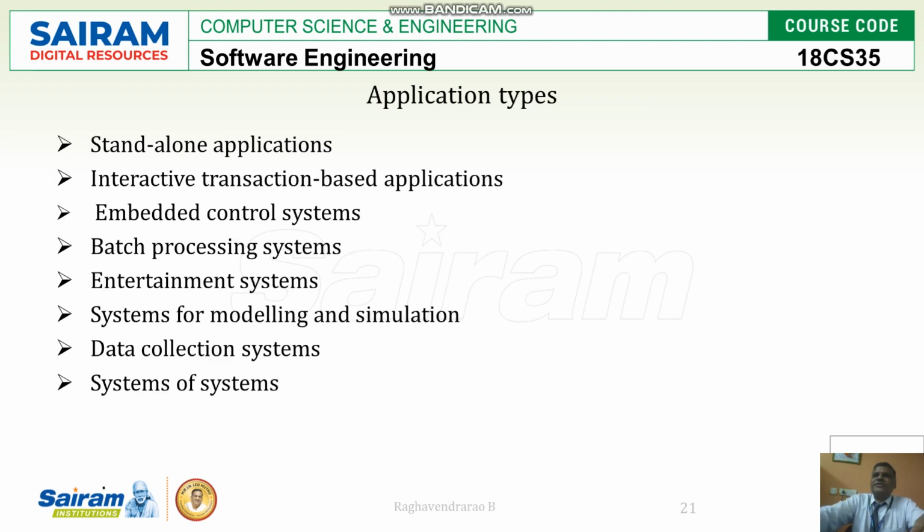There are applications that we are going to develop. What are the different types of applications we are going to develop in the software engineering field? Standalone applications: only one user can use it on his PC or laptop or whatever it is. For example, a hotel management system. A small individual hotel wants a product only for that particular hotel, for billing purposes. It will work on a standalone machine.